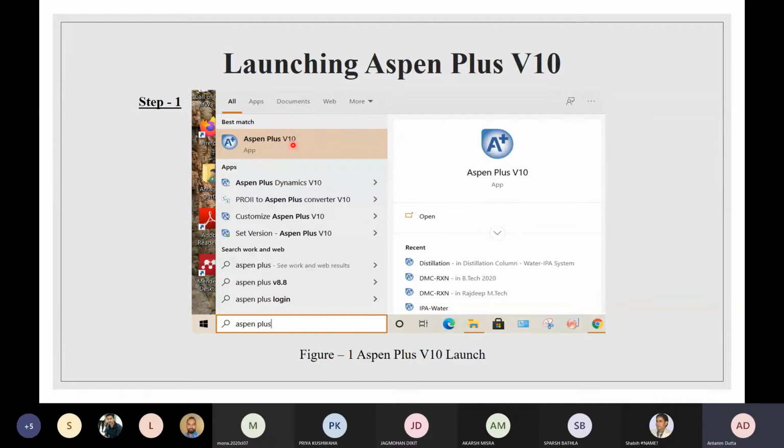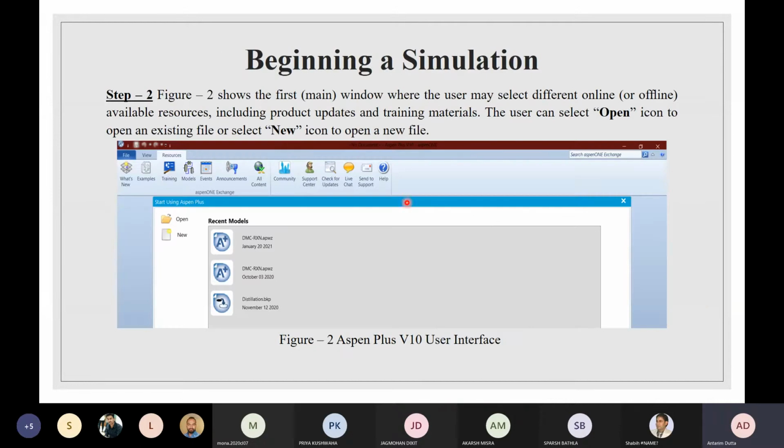Once it opens, this dialog box will appear in front of you. This is the parent user interface for Aspen Plus. So what sort of options are present here? You can go to New, you can go to Open.